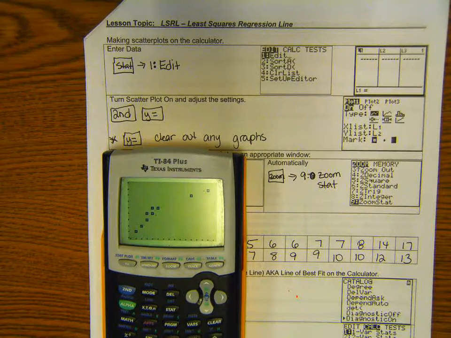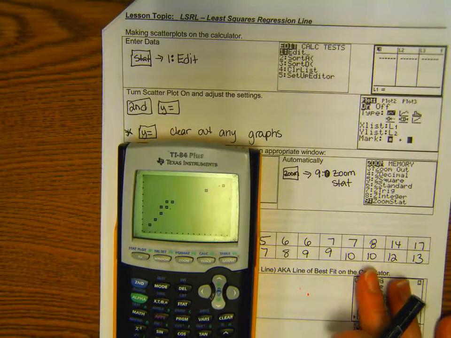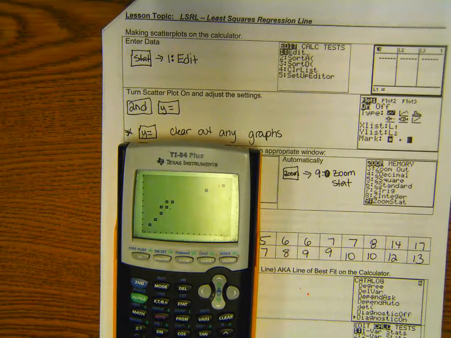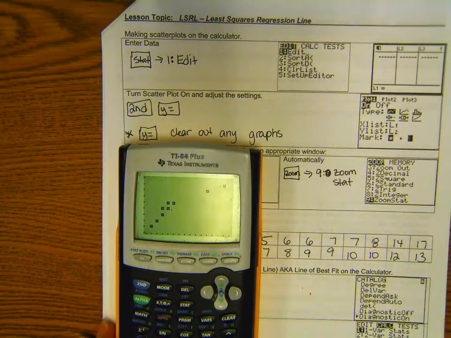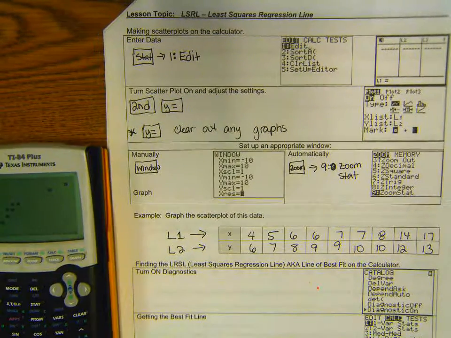Alright, do you have a picture like I do? Yes. Okay, why not? Tell me what you have instead. Did you use zoom 9? Okay, good. Alright, so what we just went through